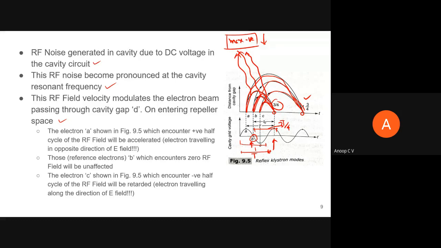This is the time taken by the reference electron to get into the repeller space and return back. For higher negative values, it will return back fast. And if you reduce the repeller voltage, you can actually